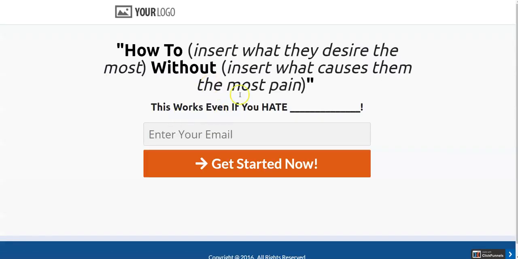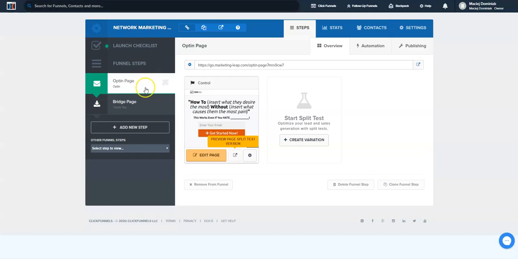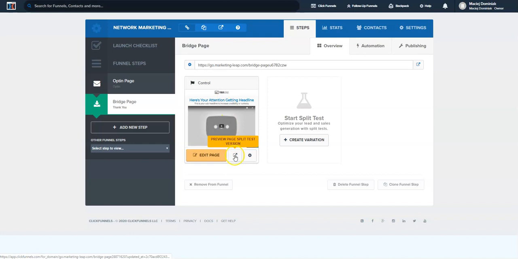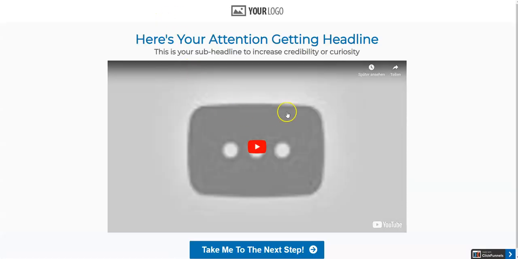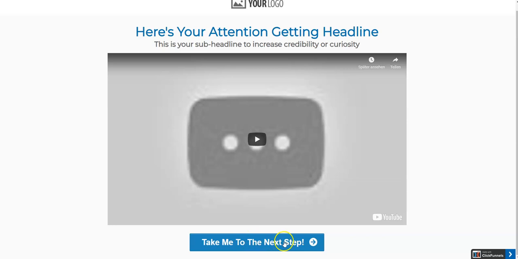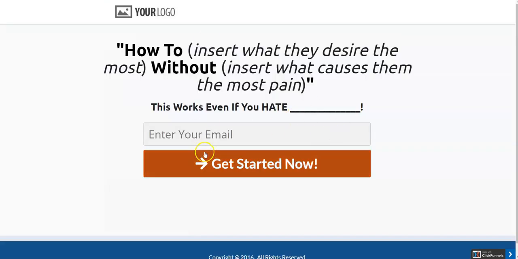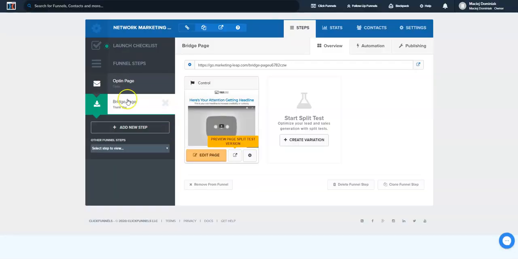You will have your opt-in page where you will have your headline and just the opt-in for your product or for your opportunity, depending on who you target. And then we'll have the bridge page where you explain your product and the link to where people can buy it. And the big advantage you are going to have is that you will catch their email addresses up front so that you can follow up them with an email sequence to make them buy your product or join your